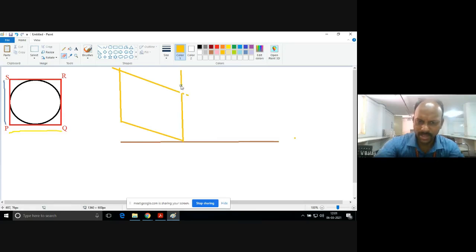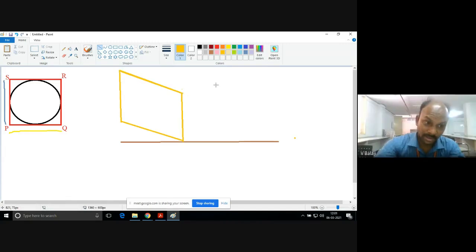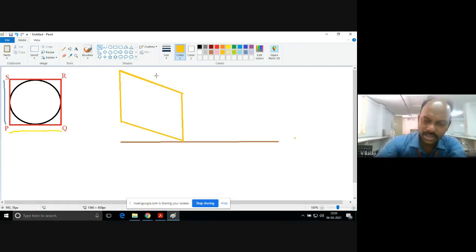You will get a parallelogram or rhombus if you convert a square. Tell me. Unable to hear you. Parallelogram, sir. Parallelogram. Square becomes a parallelogram in isometric. We were getting a rhombus also, sir, in the previous one. It's a rhombus. If it is a rectangle, then you may get a parallelogram. In general, a square becomes a rhombus only.